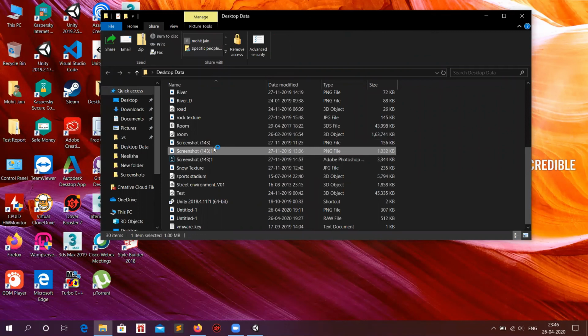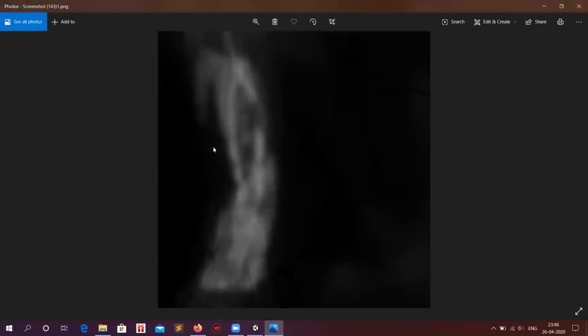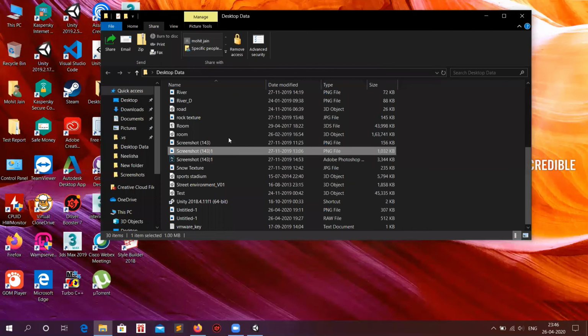And when the image is downloaded, you need to cut that image to a square size, and the size should be in power of 2. Unity demands that the image size should be in power of 2. That is why you need to cut the image in power of 2 size, the numbers that are power of 2, like 4, 8, 36, and so on. So this is the image that we will be using.